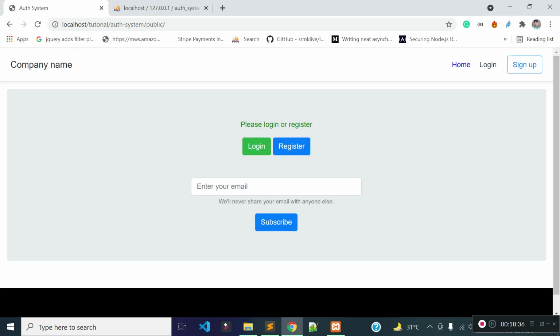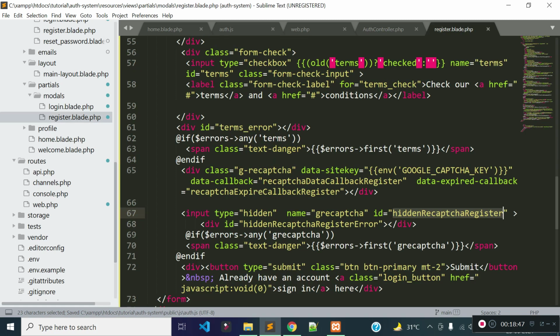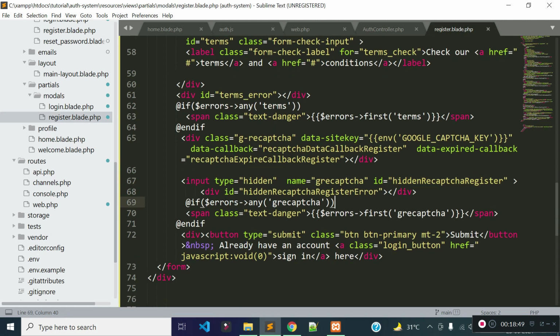Okay, and I will also remove the value for hidden reCAPTCHA because we have an ID inside this registration form. You see, where we store the Google reCAPTCHA response, we store it in this input field with ID hidden reCAPTCHA register.